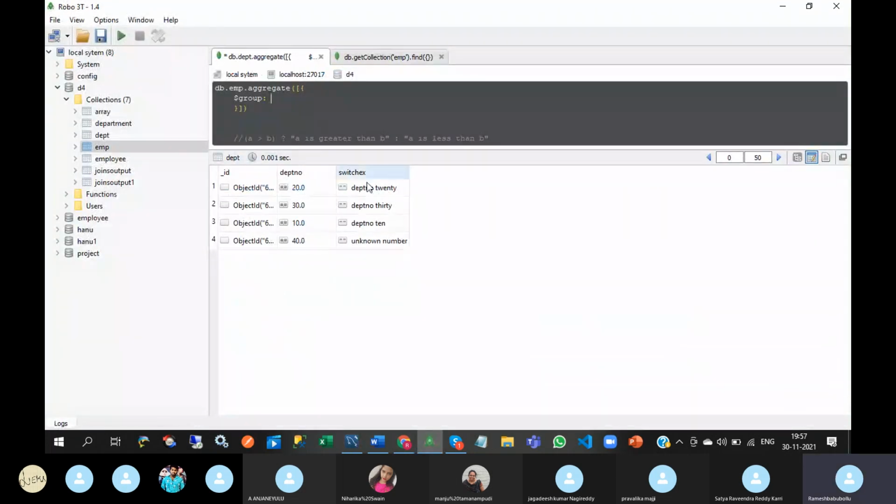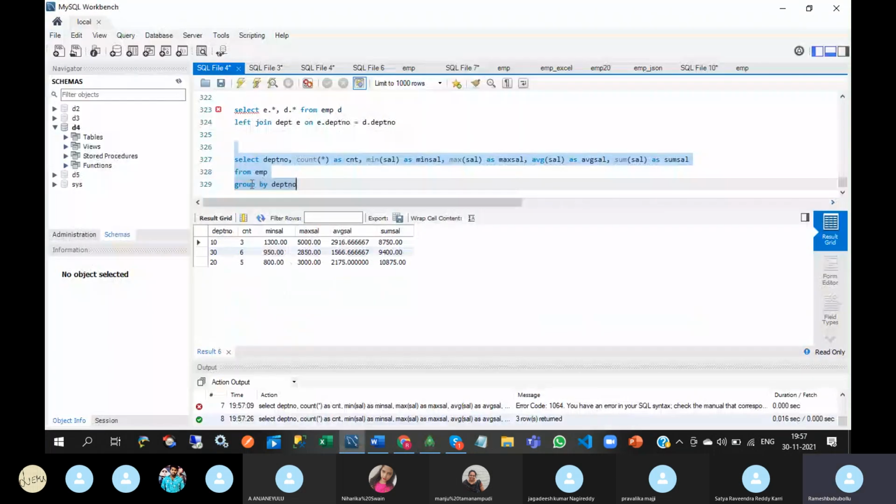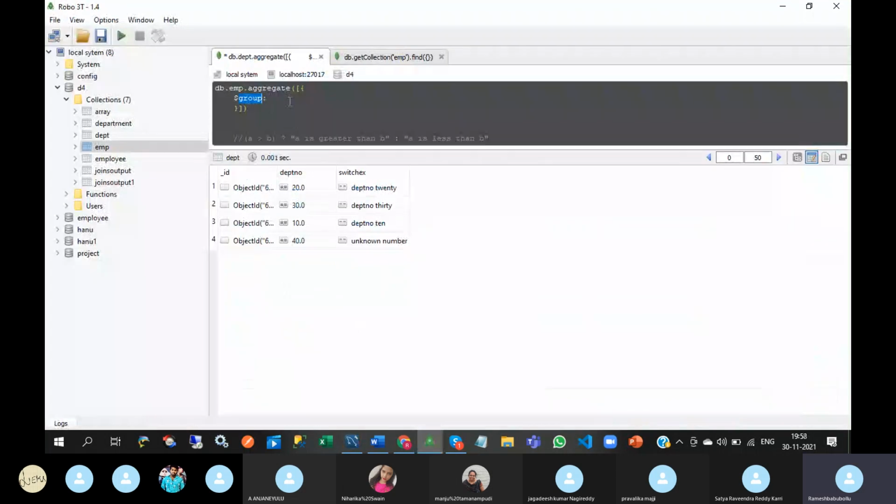So here underscore ID, this should be fixed. Underscore ID you should give.